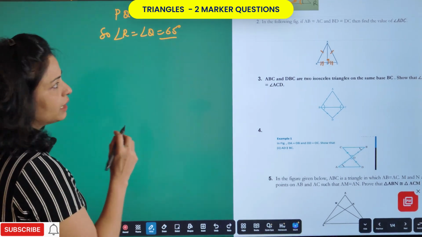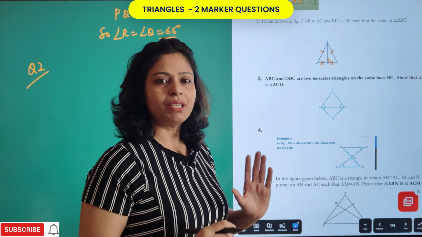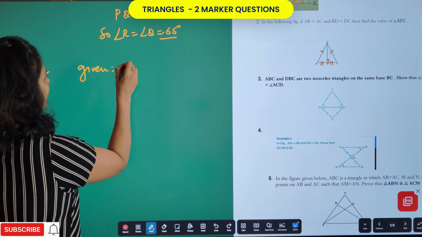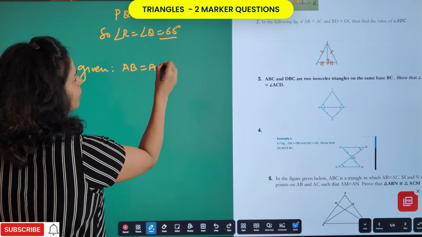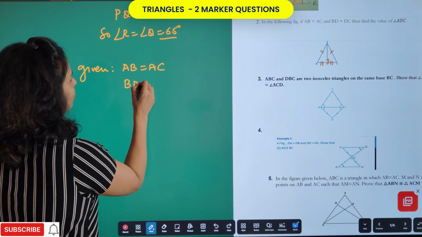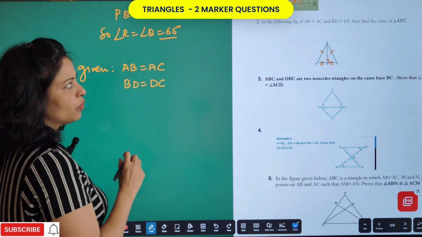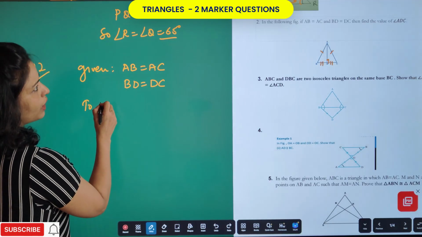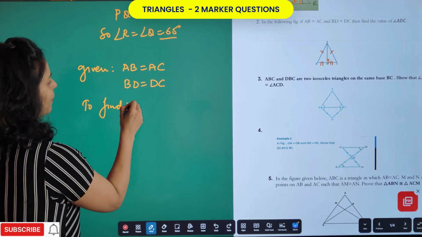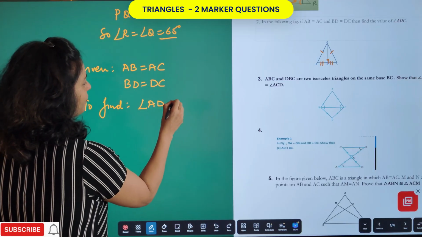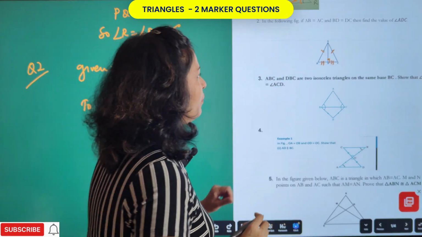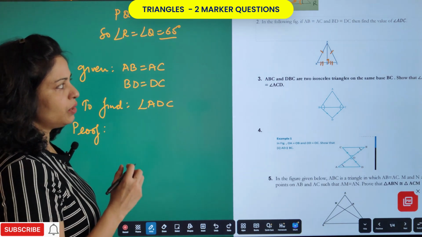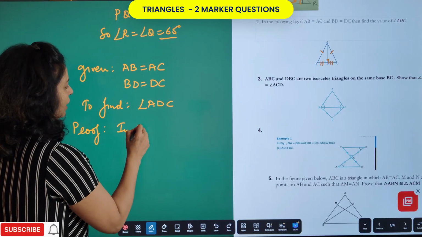So here we take the congruency. First step is you have to write what is given to you, right? So if you write what is given, we can write AB is equal to AC, BD is equal to DC. And what you have to find is angle ADC. So to find angle ADC we will do the congruency. First thing is we will prove the congruency of the triangles. So we will take triangle ABD